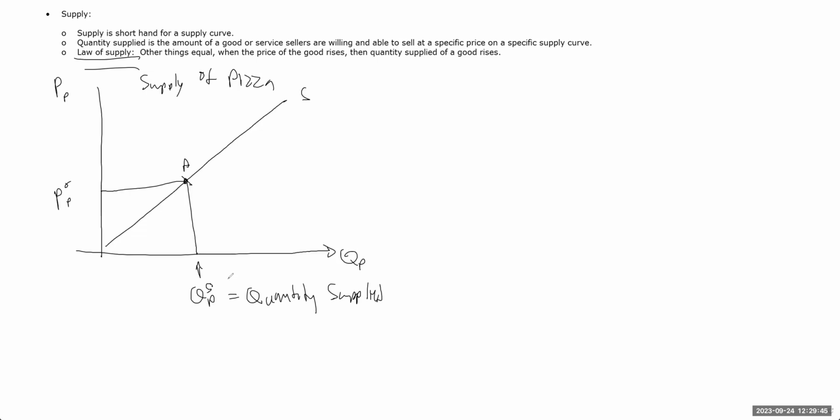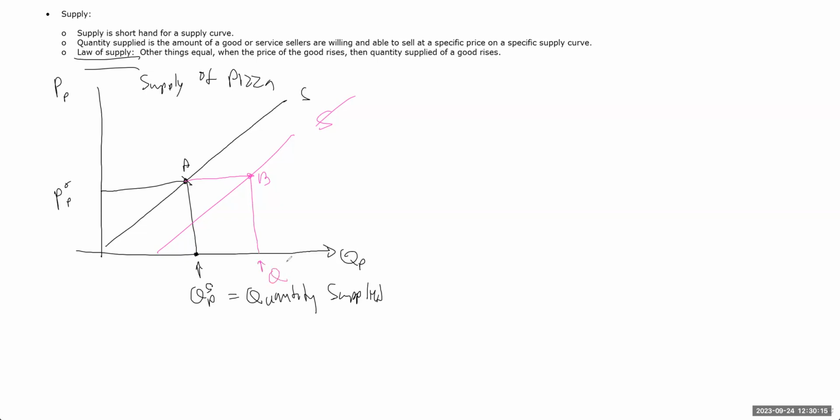For any given price, we have the amount that is sold or trying to be sold by the sellers. That's quantity supplied. It's a point on a supply curve, and it indicates how much people want to sell given a price. If we had another supply curve at this given price, we could see point B,